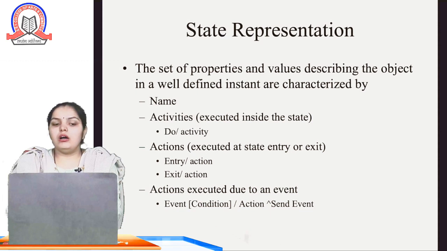Activities mean what is executed inside the state, the do activity means what they are doing, and in case of actions, there are entry and exit state actions, which show the entry and exit conditions for that diagram, and then the action executed due to the events. So different events which happen inside the software are represented by the state representations.